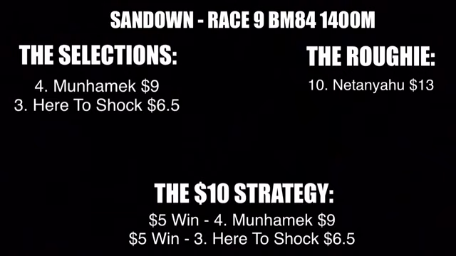The roughie I think is Netanyahu. Just don't like the gate, but I like its form, and I think it's up to a race of this class based off its current form. But hopefully Hutchie's horse Munamek can finally get over the line after it's been about 6 months since it last saluted, so hopefully Munamek from the gate can settle closer